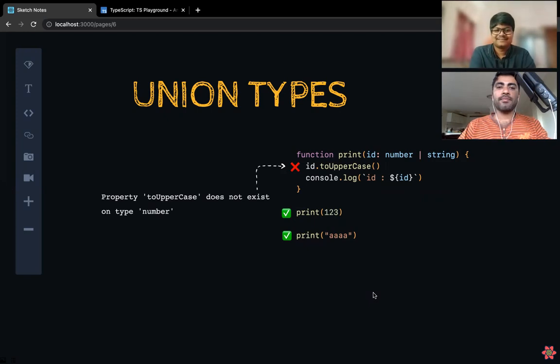Hi, Kenny. Hi, Praful. What is the union type that you have on your screen? Yeah, today we'll discuss union types. It is a basic TypeScript concept. This union type, have you heard about it? Yeah, I have seen it in the past, and I think I've used it, but very rarely does this case come up. But let's see what is happening here.